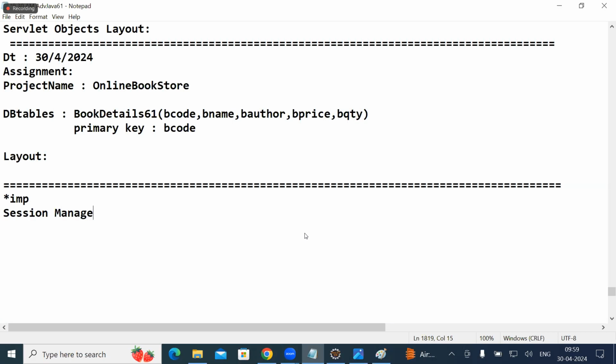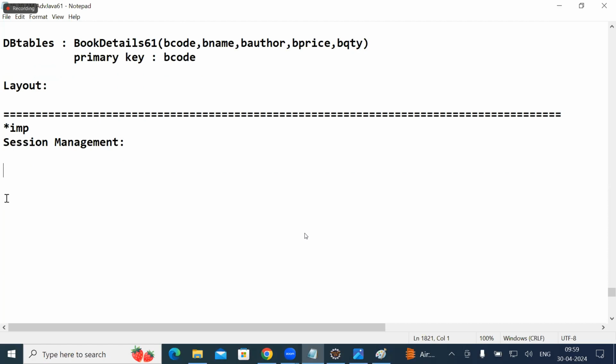Session management. Define session first. The time interval between